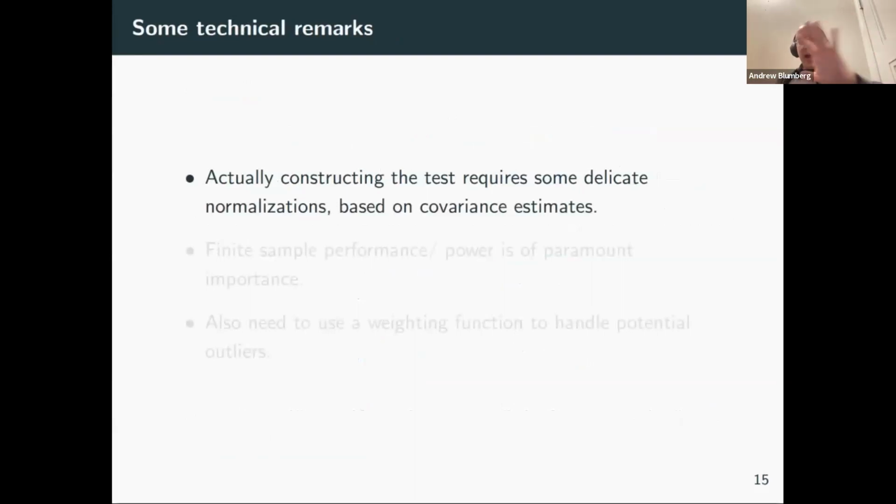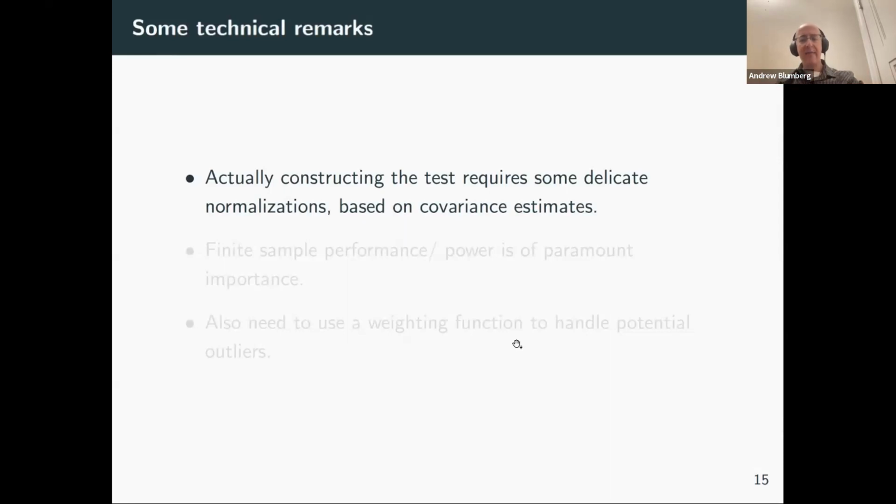And so now we have a paper on this that's on the arXiv, and if you look at it, you'll see there's a bunch of sort of delicate stuff that goes into actually using this test, namely figuring out what the cutoff should be. And that requires the test has to be normalized, and the normalization depends on some kind of covariance estimates. Covariance estimation for U statistics is something that people have worked on, of course. It is not well adapted to the specific needs that we have here. And so, we had to do some work to figure out how to normalize this.